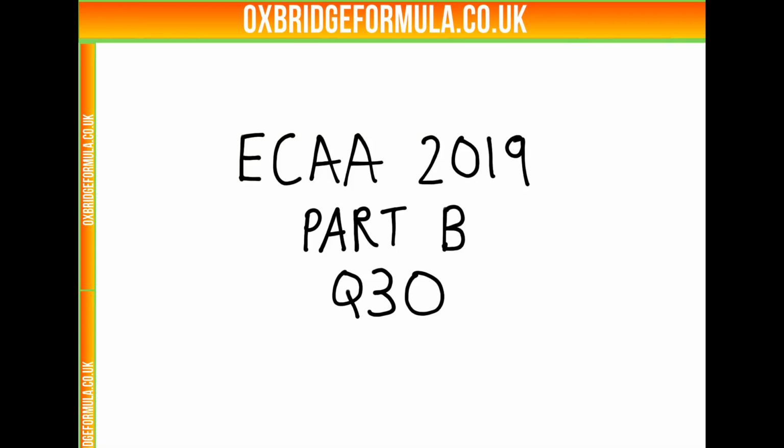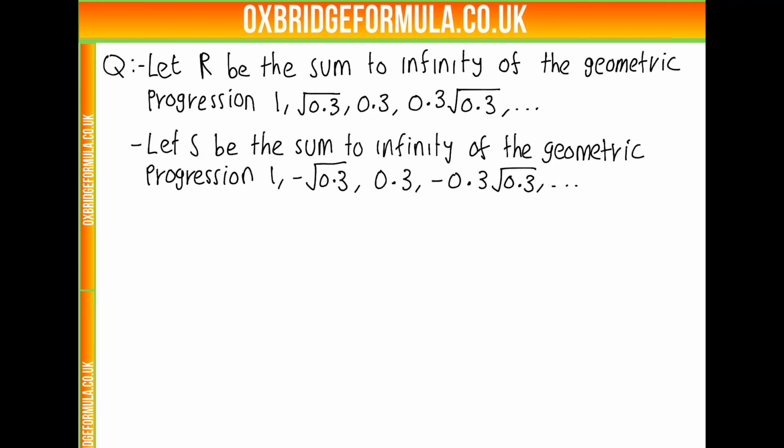This is the solution video for question 30 from part B of the 2019 ECAA paper. In this question, we're asked to consider two geometric progressions. The first one being 1, root 0.3, 0.3, 0.3 root 0.3, etc. And we're told the sum to infinity of this